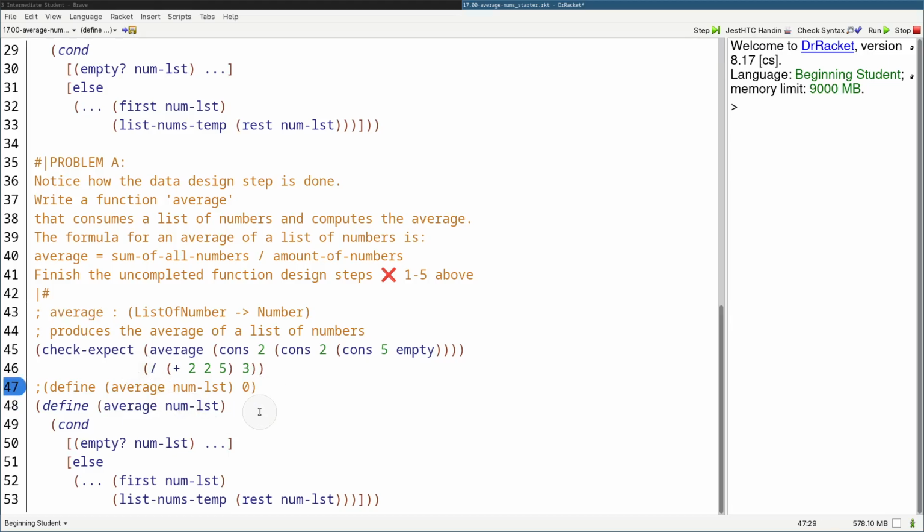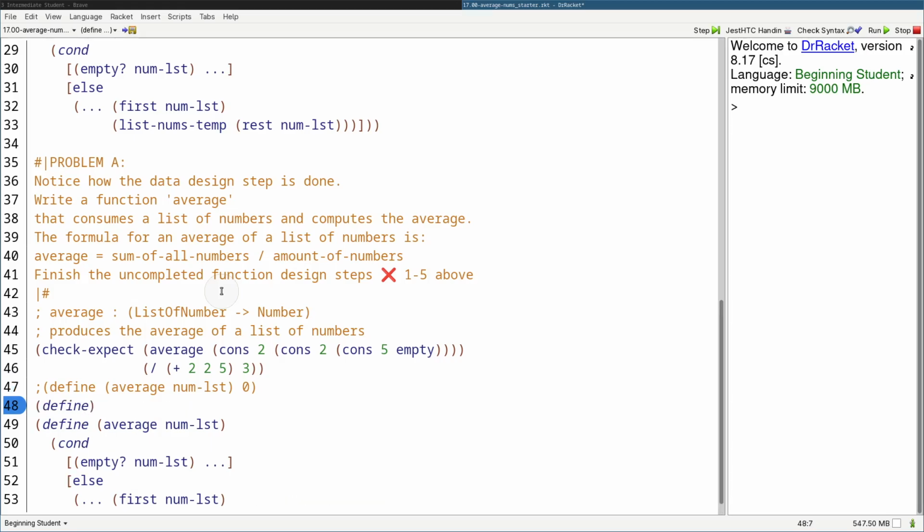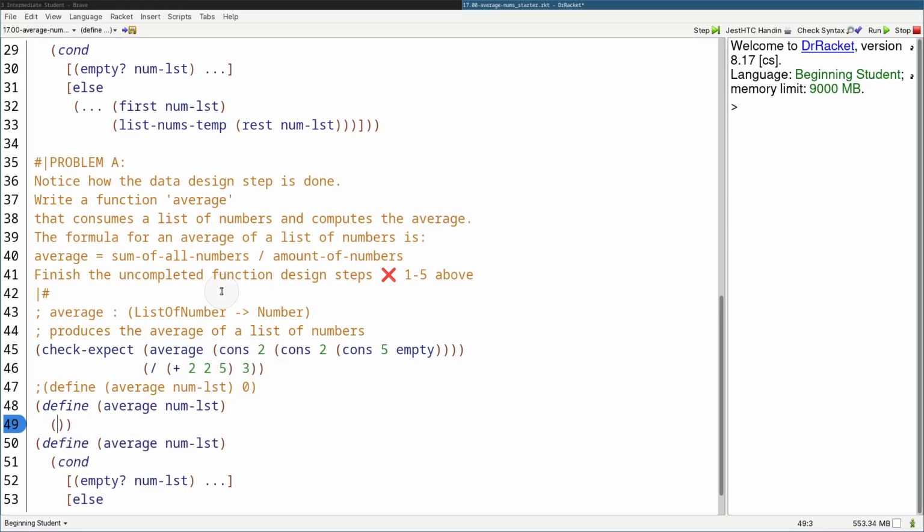All right. So looking at the problem here, average is equal to the sum of all the numbers divided by the amount of numbers. So two things are going on here. First, we have to sum up all the numbers together, and then we have to count up how many there are. In this case, it has 3 numbers, so that's that 3 right there. So let's decompose this at a higher level. We're going to write average, consuming a num-list, and we're just going to write the formula straight down here. So we're going to grab this division, and divide the sum of all the numbers